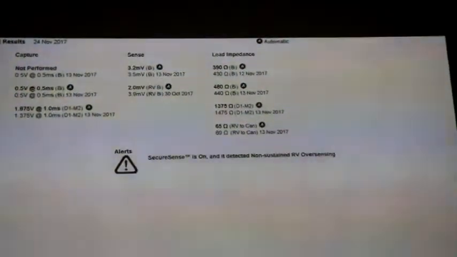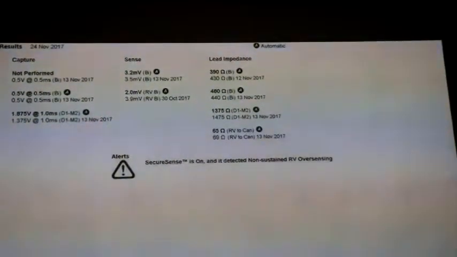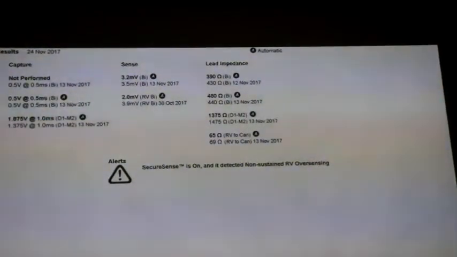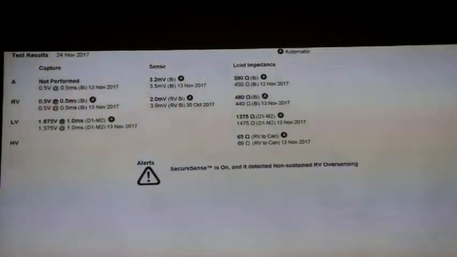But just one thing here, just go across here. We're pacing on the LV lead from D1, distal one, and then the return pathway is M2. I never talk about the return pathway. I just say D1. I'm pacing at D1 because that's where you capture